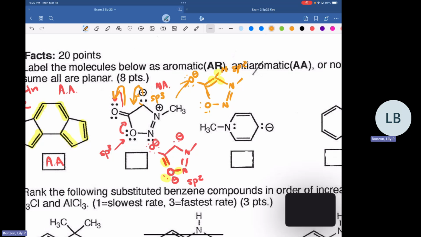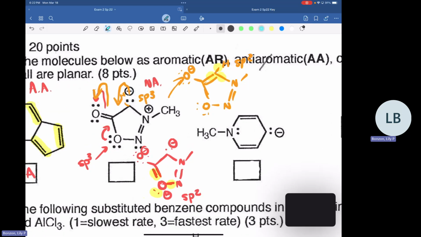So now we just have to look and see how many pi electrons we have in this cyclic structure to see if we have aromaticity. So starting, I'm just going to look at the one at the top that we just looked at. So we have 2 from this double bond. We have 2 from this double bond here, and we have 2 from one of these lone pairs on this oxygen. So this would give us 6 pi electrons, and 6 satisfies the aromatic rule. So this one could be aromatic.